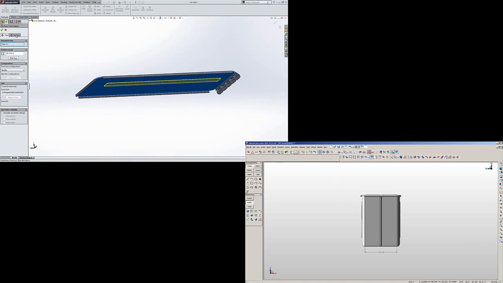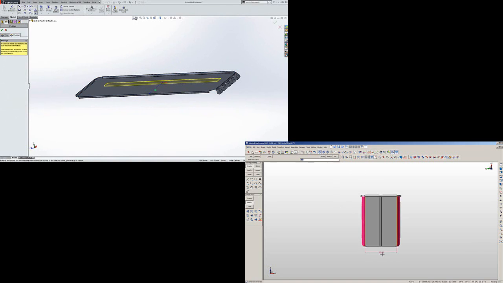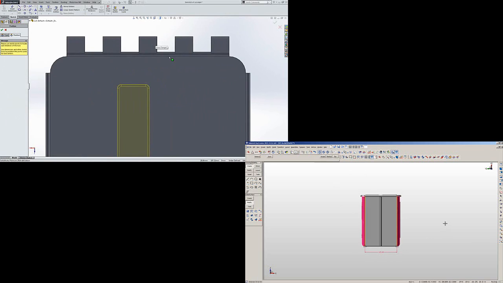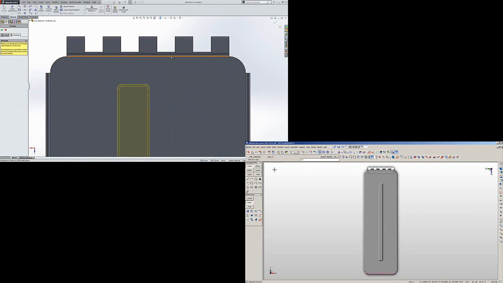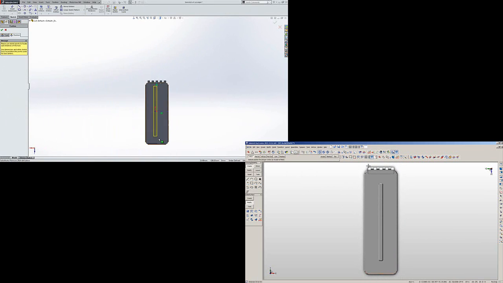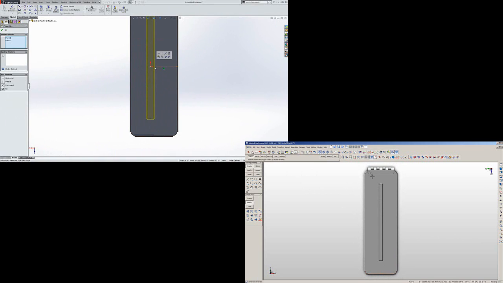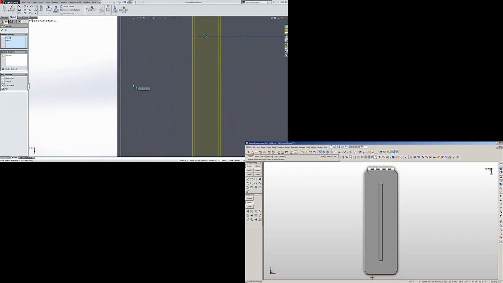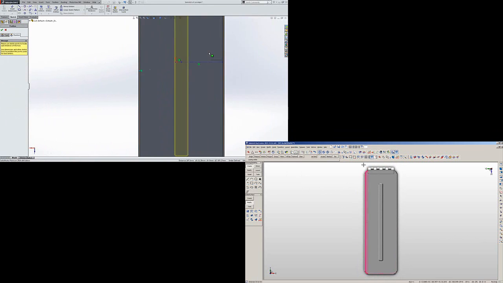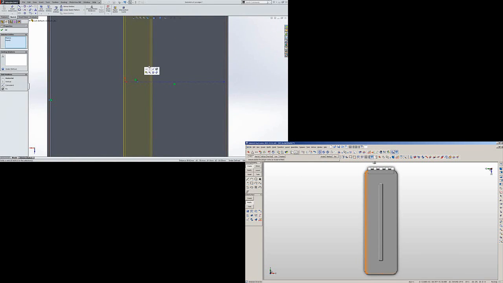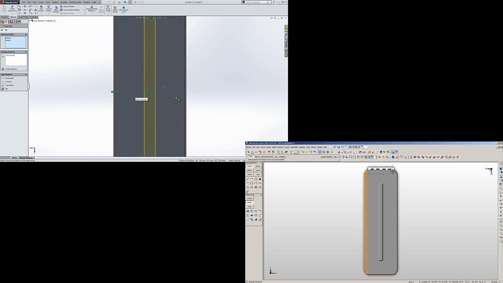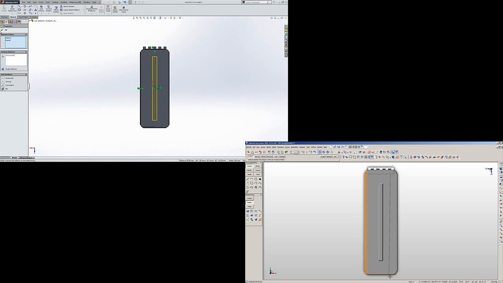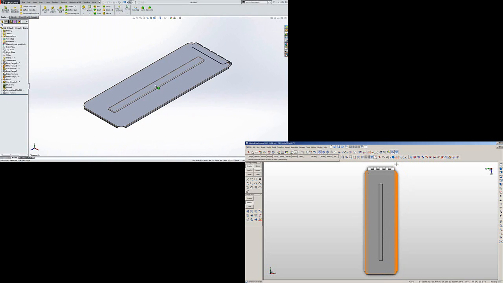So just like before, we'll go into the position, we'll just go normal to. There we go. Select the midpoint of that and then the insertion point, and we'll make those vertical. And we'll do the same for this. Just select that midpoint and we'll make those horizontal. Now our sketch is fully defined. We know it's in the center. We can OK that and OK our position, giving us our insertion on the top,